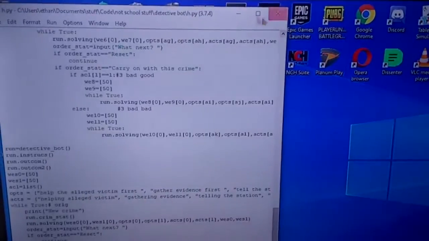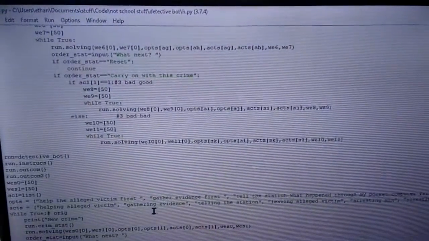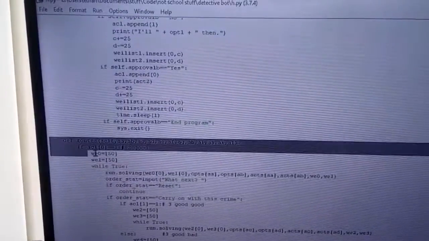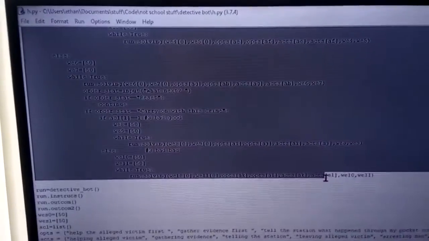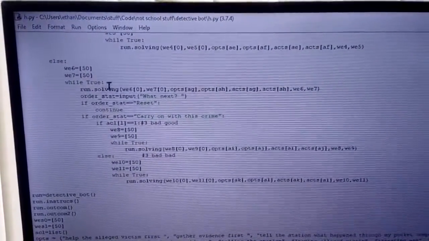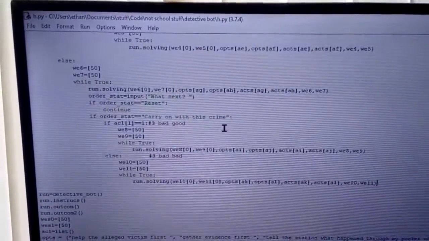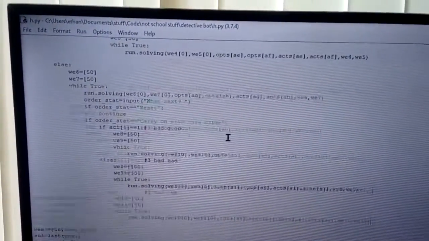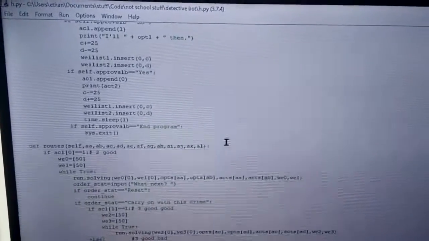And I made sort of a framework of this. I made a function called roots, and it's basically a copy of the code where you're calling the other functions, and you can substitute in values. So for any number of times you can call the main functions in the program, which solve the crimes